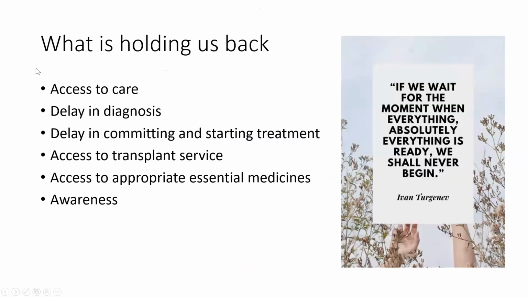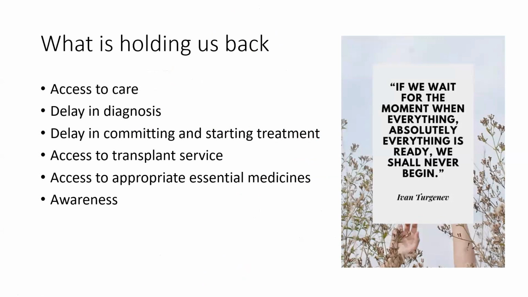So what's holding us back? Why are we not getting this right, and why are we not saving more children? And I think most of us who've treated children with aplastic anemia know that it's an incredibly soul-destroying diagnosis when a patient comes in and you know historically that your outcomes are going to be poor, and these children are going to just drag along. So I think it's something we do need to think about and come up with better strategies and ways in how we can turn this around.